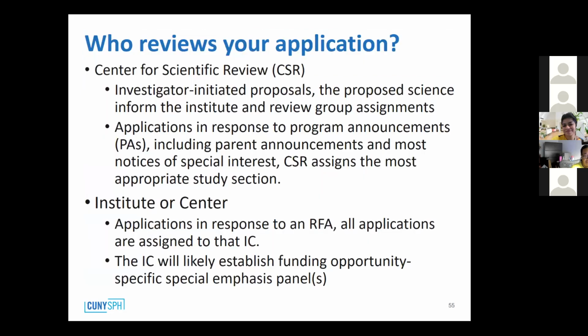So now we're going to talk about the review. Who reviews your application? The Center for Scientific Review, or CSR, reviews your application for administrative and formatting requirements, and it also assigns the application to an institute or center and a review group. For